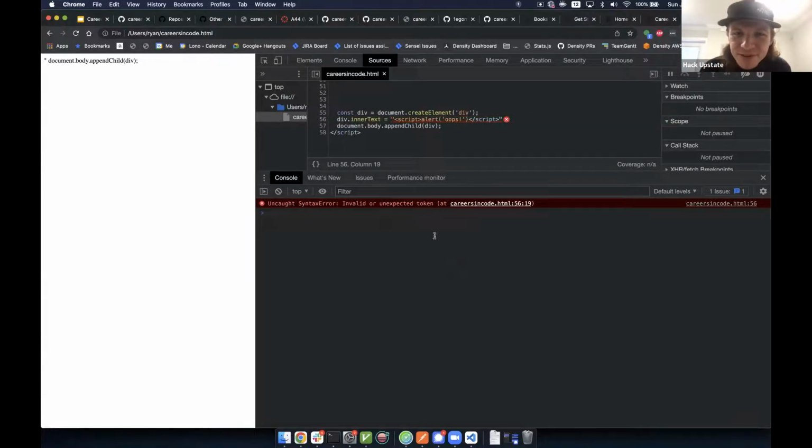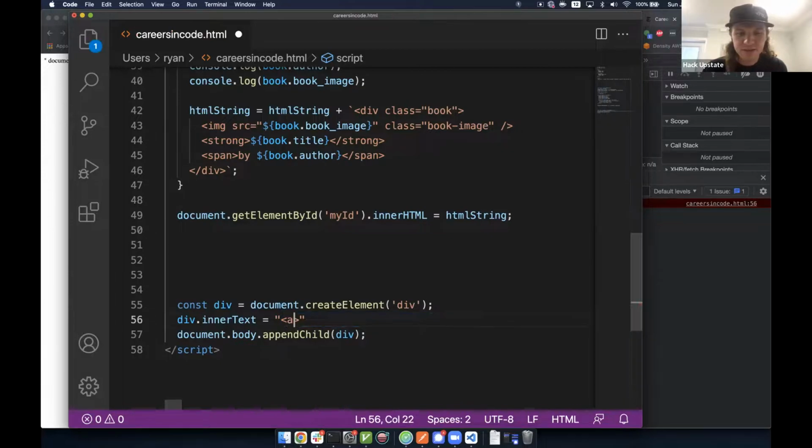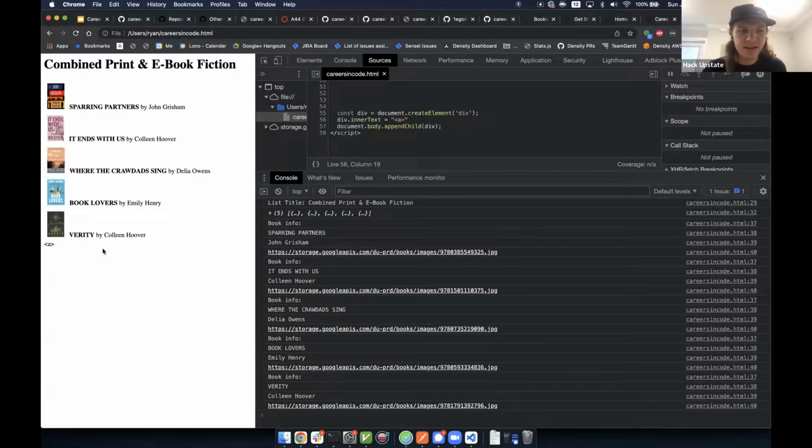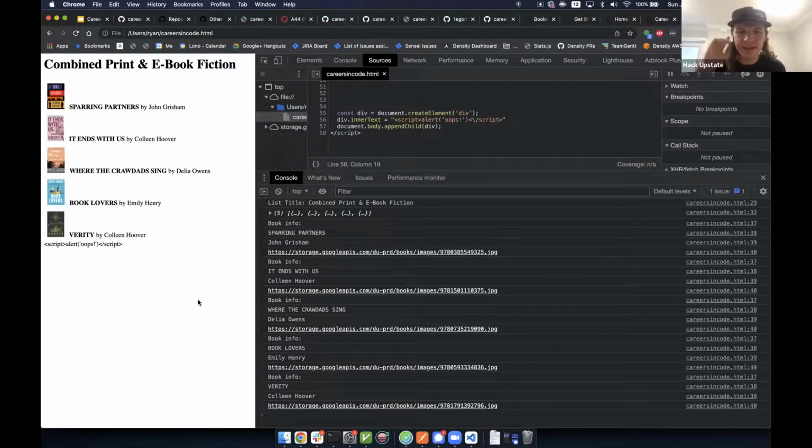Invalid or unexpected token. I thought it was innerText. Oh, the backslash or the slash. No, wait. Is that it? I don't get why that should be. Okay, yeah, I guess that was a problem. Interesting. Well, whatever. But you can see here, this just inserted literally that text, and